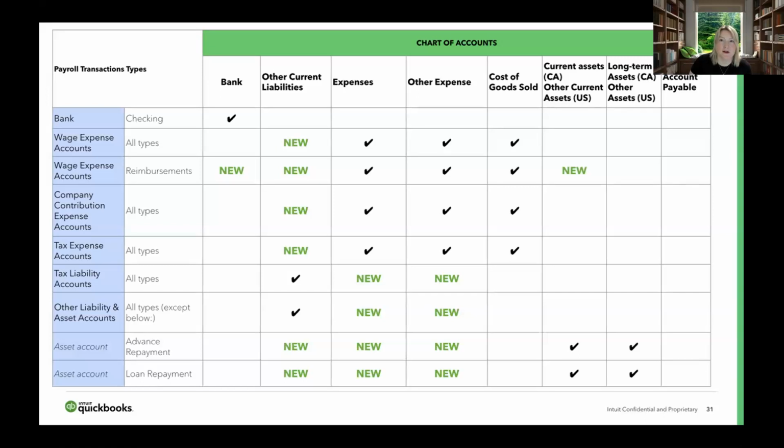Awesome. Yes, this is amazing. I cannot tell you, working in support with accountants since 2014, the fact that you couldn't use anything other than expense accounts was so frustrating for people. So I'm so excited to see that we are making those changes based on the feedback that we're getting. And I have seen some folks say that they are also excited, so that makes me happy. We do have a couple of questions, and one of them was,